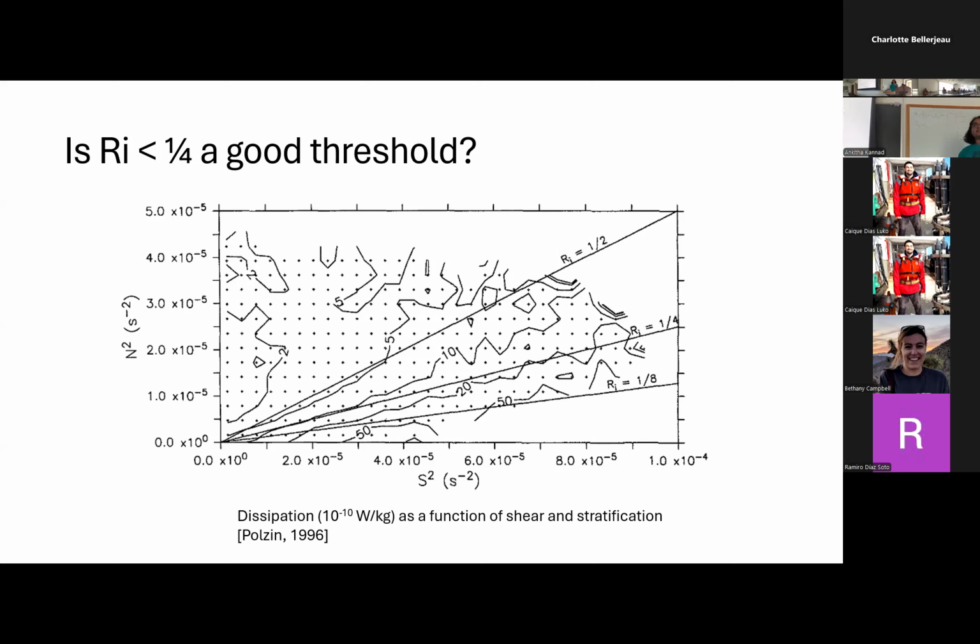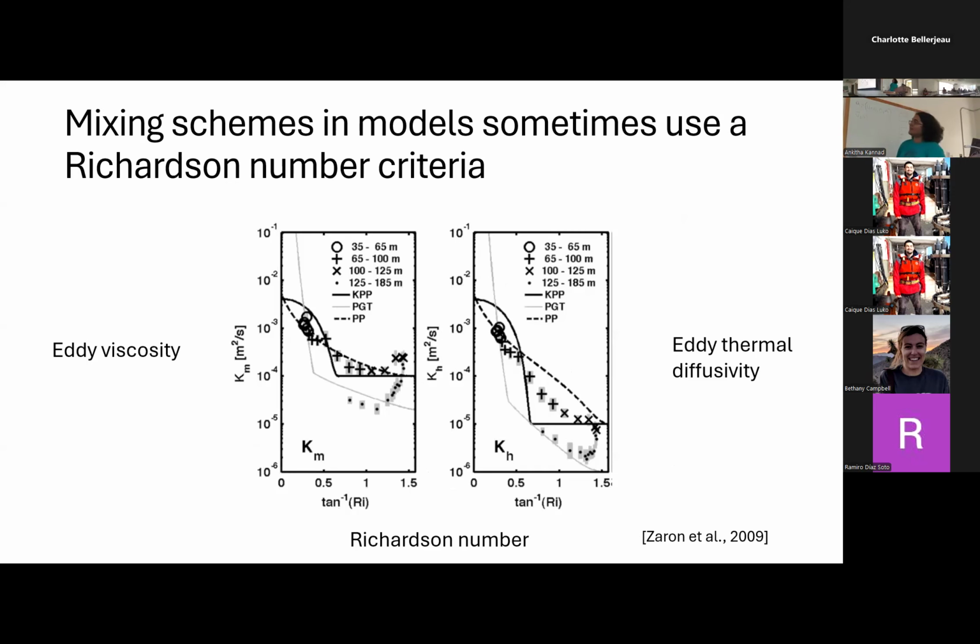So that's taking into account processes that are not necessarily shear instabilities or even nonlinear parts of shear instabilities that we don't account for. So this is definitely a question that a lot of people, to my understanding and reading, seem to be still exploring. And this is really important because, as you can see, a lot of models use